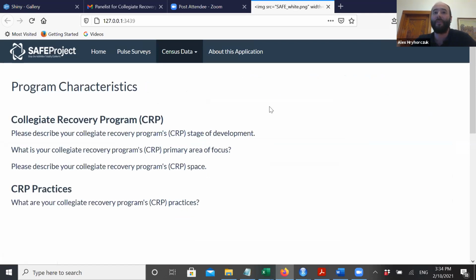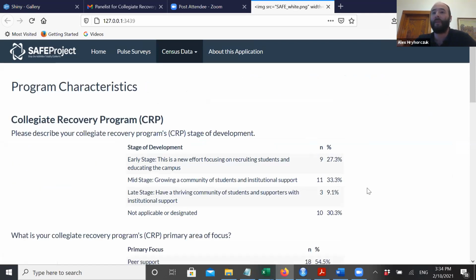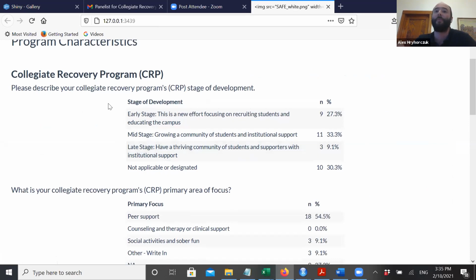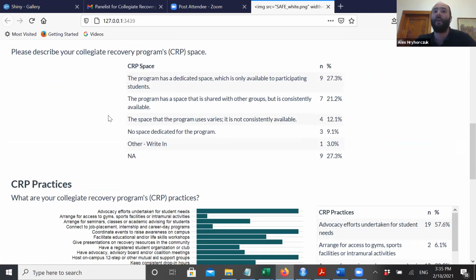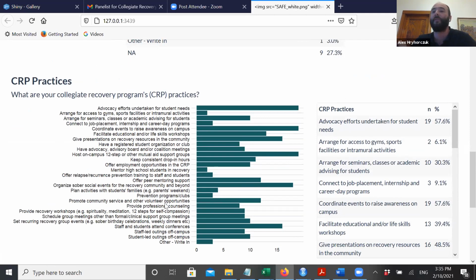What else did I want to show? Yeah, this is really just how people are responding. You should be able to go in here and, with some of the questions, get information on how everybody's responded to this question. Hopefully you can find that useful in some way. I think as the N goes up and we get more responses, there's going to be a lot more that we can do and show, and then you can be more confident that what you're seeing is